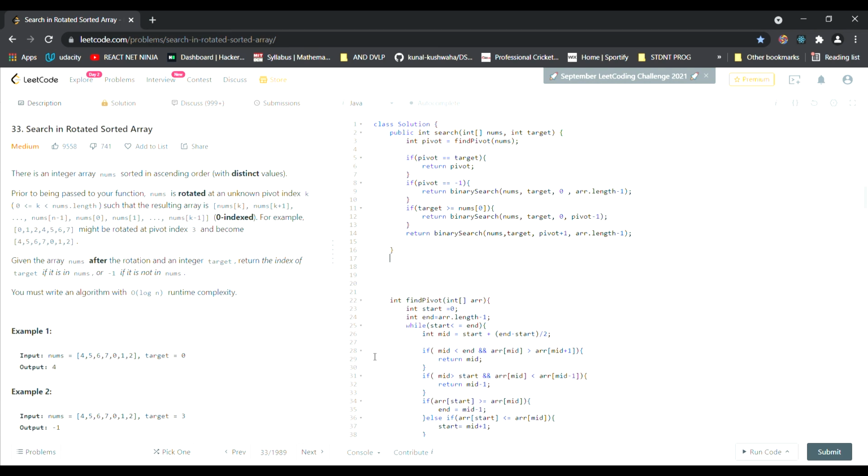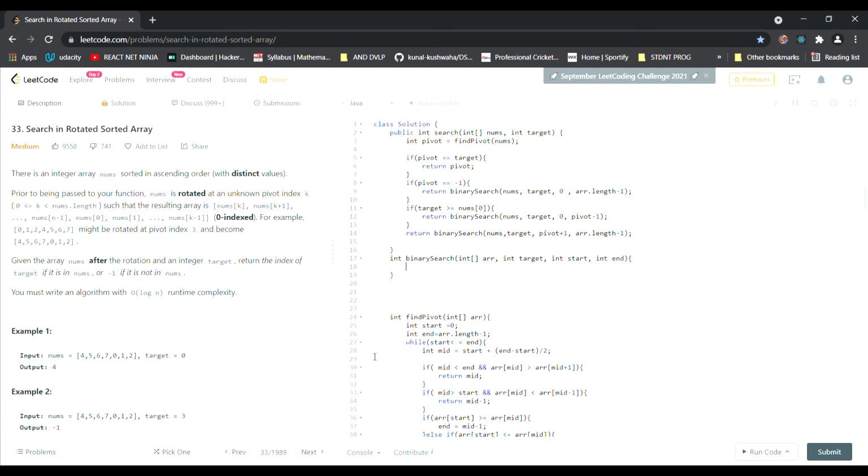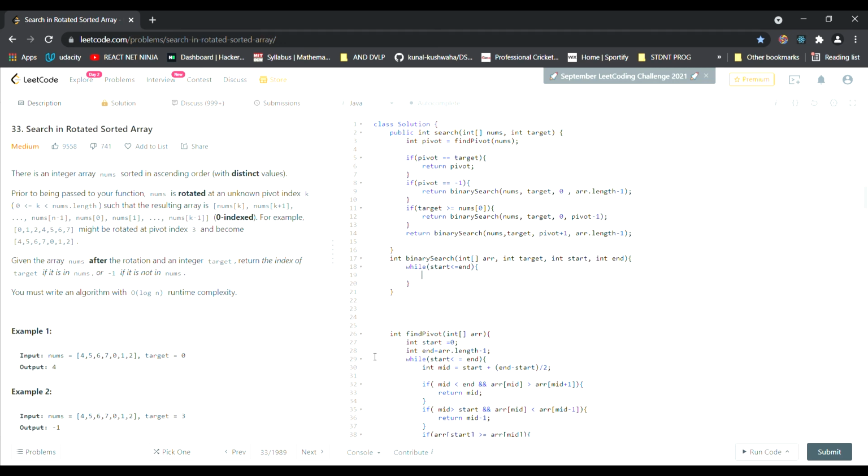Okay. Now the simple thing remains, that is to make our function for the binary search. If you already know it, then please feel free to go ahead and code it, because it's simple binary search in range. You have to take care that this binary search will be in the range. You can't just simply apply binary search. You have to declare the start and end points. You have to make sure that you are searching within the range that you want to search. So for that you have to use the start and end variables.